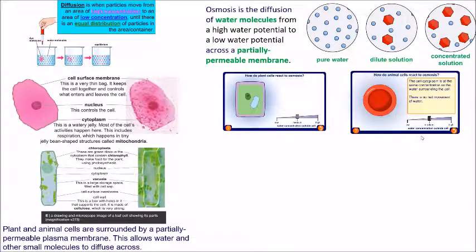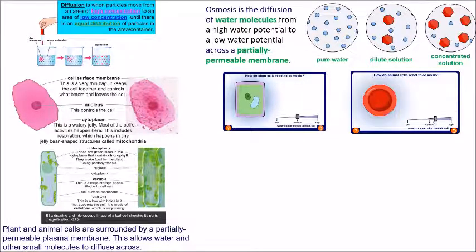It also has an impact on animal cells. Okay, so again, at the moment, this is what a red blood cell looks like. The concentration is the same inside and outside, so the cell looks absolutely fine. If I put it into pure water, then what would happen is that the water would enter my